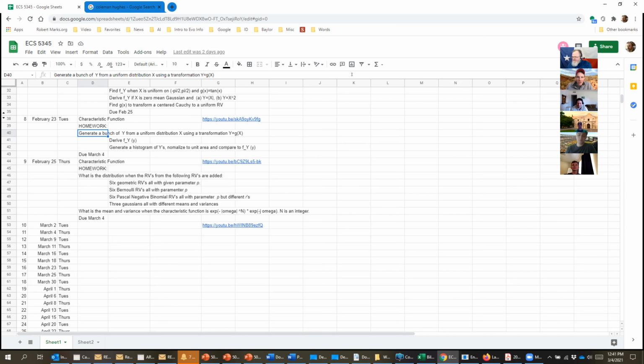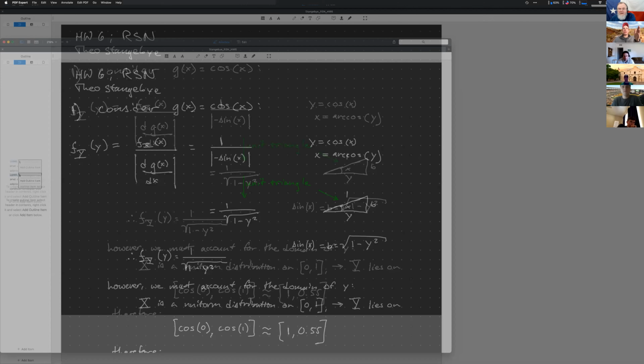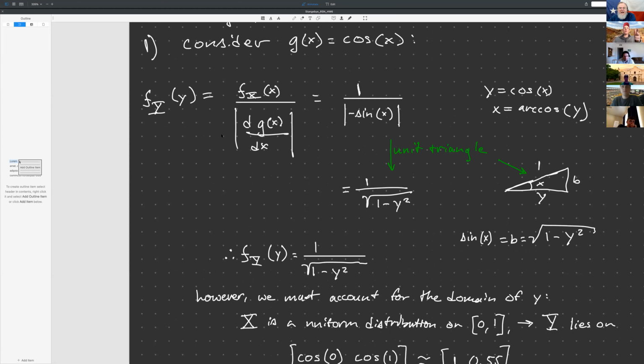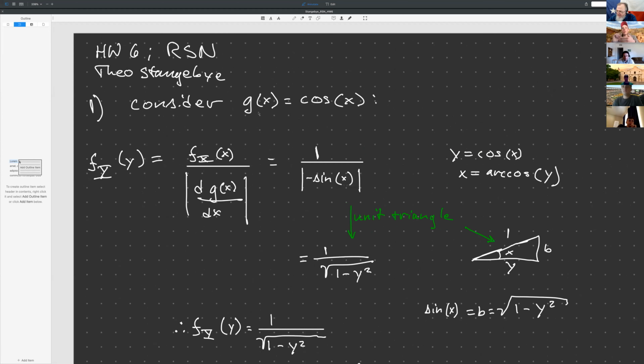All right, I'll share my screen. I think I have to give you permission. Yes, I do. I have to first of all stop sharing my screen, and then I need to give you permission to share the screen. Okay, good. So you should be good to go. Great. You guys should see my homework now. So we start off. How did you get white on black? That's kind of cool. I do it on my iPad.